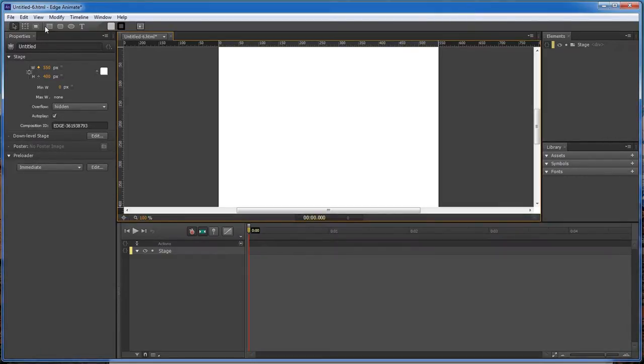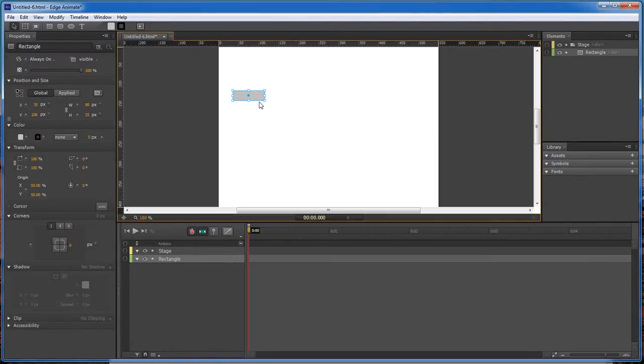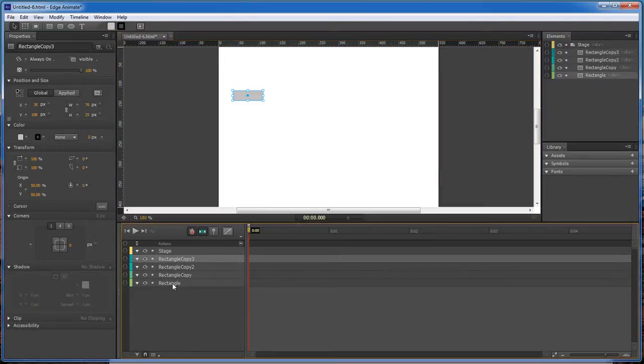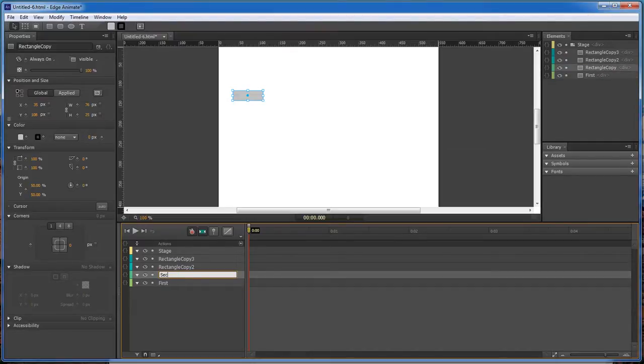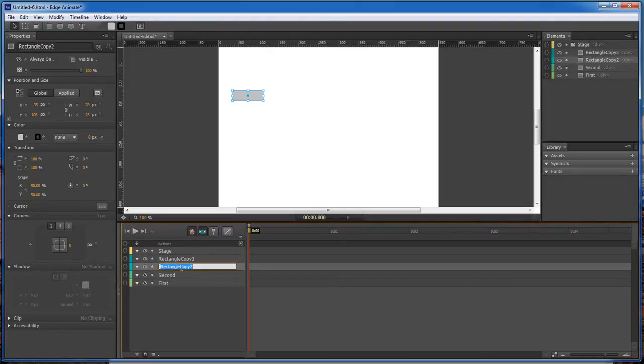First thing we want to do here is grab our rectangle tool. Let's go ahead and create our rectangle, and we want to set our dimensions at 76 for our width and 25 for our height. Okay, now let's go ahead and create 3 more buttons. So that's Control C, Command C on a Mac, Control V, Command V on a Mac, and do that 3 times. So our first one is going to be first, and you rename these by double clicking with your mouse on each one of these layers,